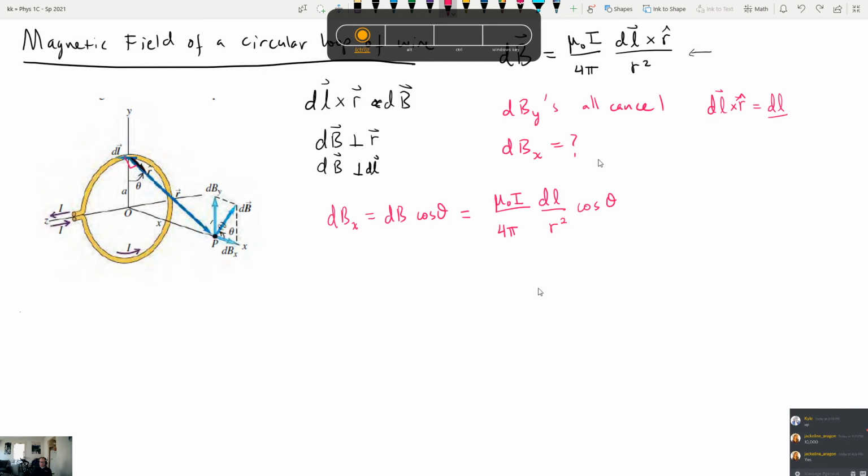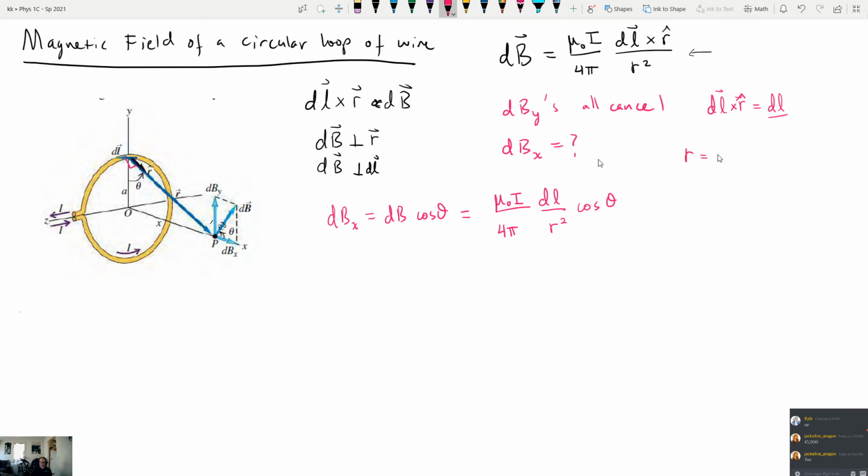Okay. So theta is a constant. What about r? R is also a constant, right? We know that r is equal to the square root of x squared plus a squared. So that's a constant because x is just the distance along the axis. A is the radius of the loop. So I think everything is a constant, which means when we evaluate the integral, we're going to get that